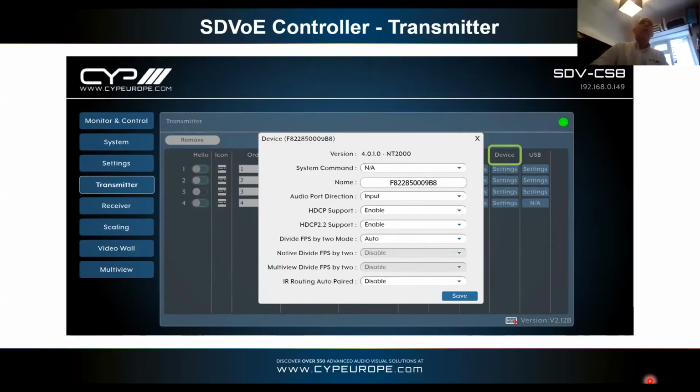So this is telling you quite a bit of information. For a start here, you have the system command. The system command is quite an important area because, as we know, this is a transceiver device. So one of the things you'll find there